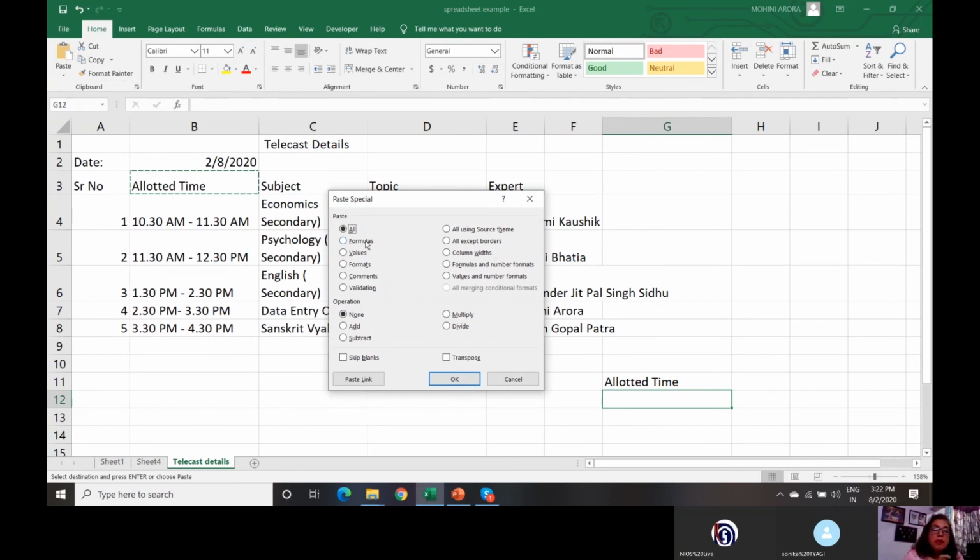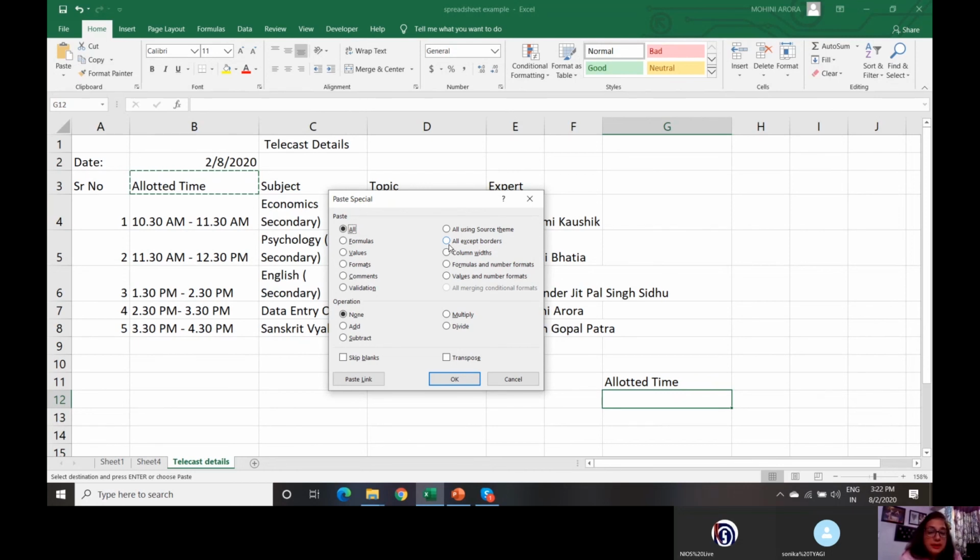You can copy formulas, you can copy values, you can copy formats. You may copy column width and so on. So you can vary the data, the formatting, the formulas that you want to copy from one place to another, one cell to another, one worksheet to another worksheet, or one workbook to another workbook.